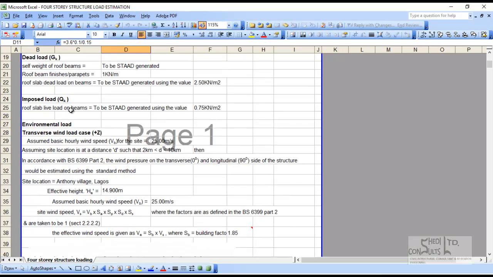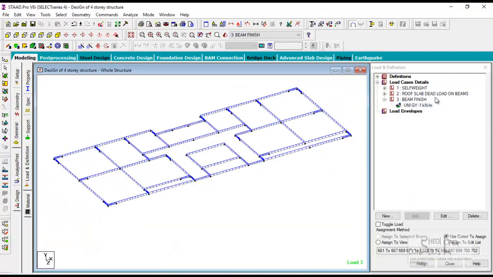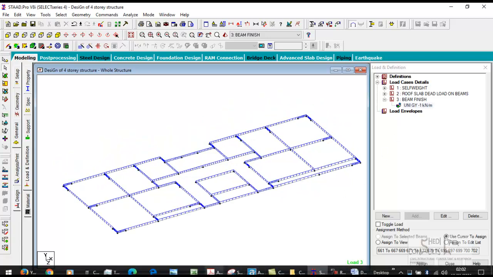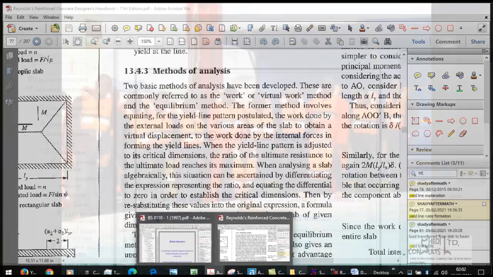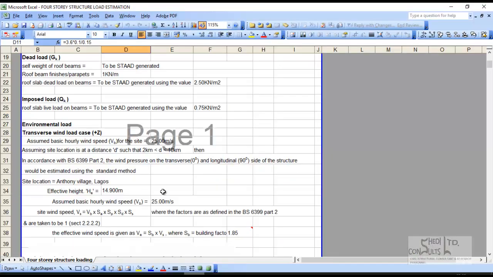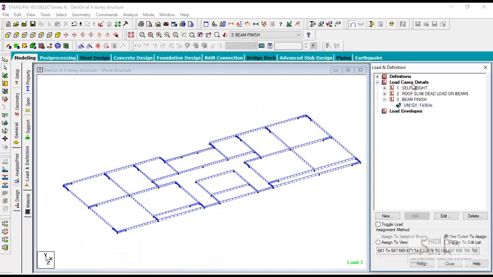Okay, so imposed load. So this is roof slab imposed load on the beams. If you look at what we had created initially, this is roof slab dead load on the beams. Roof slab imposed load is taken as 0.75. It's gotten from the code of practice BS 6399 part 3. BS 6399 part 3 specifies that where you have only access for maintenance on the roof structure, the roof imposed load must be taken as 0.75. So we go to load case, add